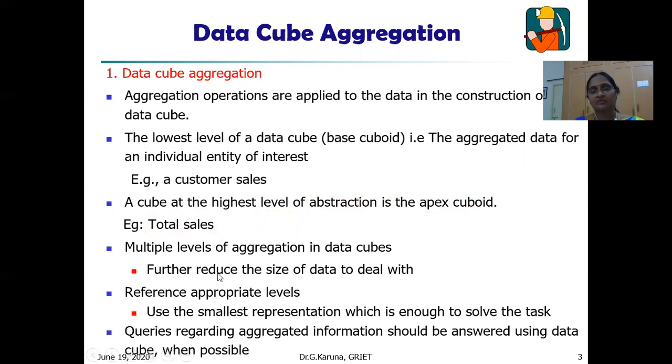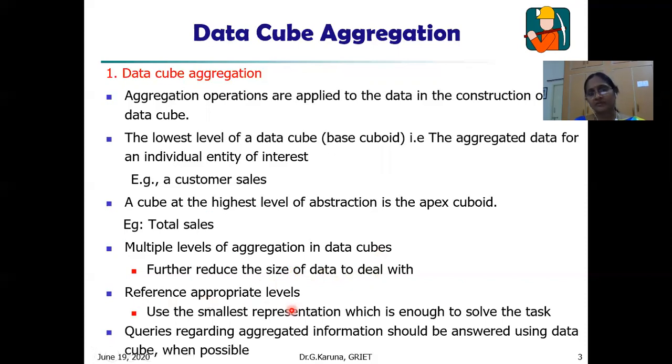So aggregation is performed, with multiple levels of aggregation in data cubes. Suppose I would like to reduce at one level by considering one dimension, and at another by considering 2 dimensions, so that in the data cube, at various levels of cuboids, we can perform different kinds of aggregations.